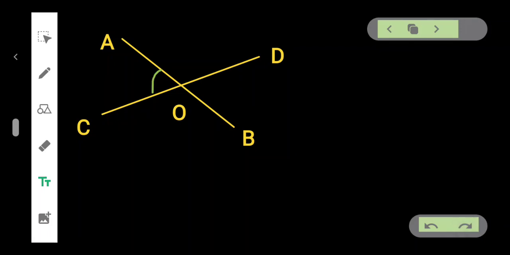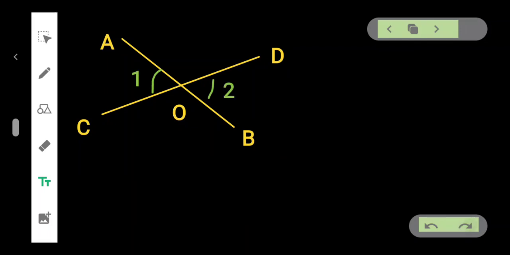One line, remember this is a line segment until we put the arrow mark on both ends. Another line, these lines intersecting at this point which is called O, आप कुछ भी कह सकते हैं. Now AB are line segments, but if we put the arrow mark, then these are lines. This is an angle. We are talking about vertically opposite angles, means this AOC must be equal to BOD. These are vertically opposite angles.